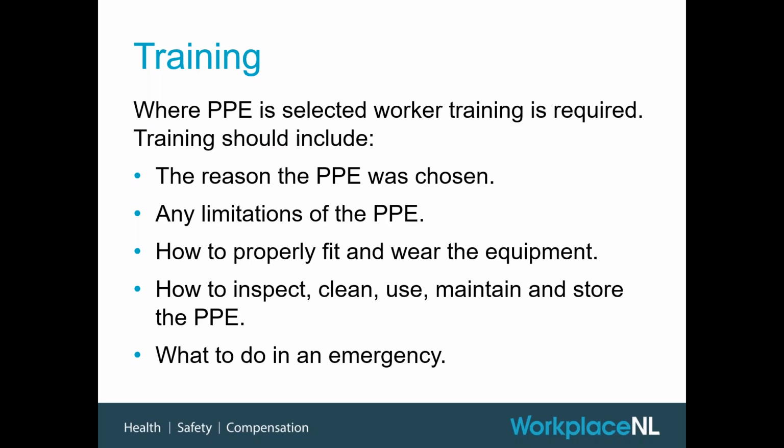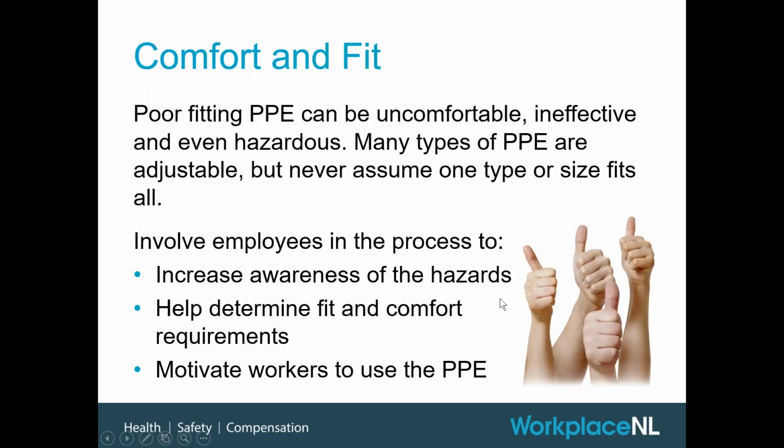Those are all really key points to include. And we're, again, going to talk more about emergency facilities at the end of this PowerPoint. And then finally, before we move on and start talking about eye and face protection, I do want to talk a little bit about comfort and fit, in particular because these can be really important to